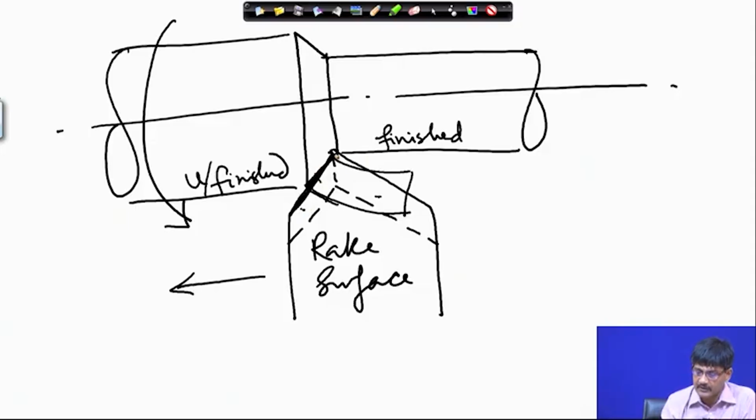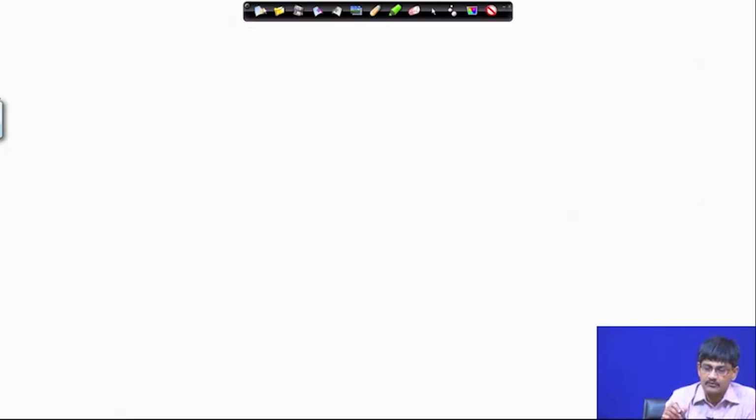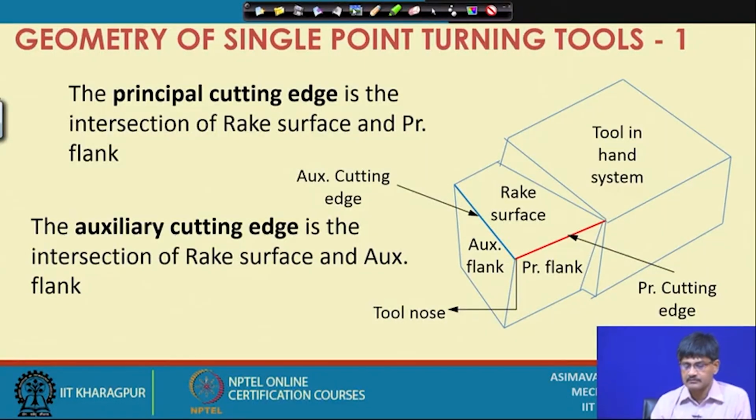Here also some cutting takes place. Here some cutting takes place and this is the auxiliary cutting edge. Okay. So, now let us move on to our next discussion. We have identified rake surface, principal flank, auxiliary flank, cutting edges, 2 of them, etc., in the tool in hand system. Now, let us go on to